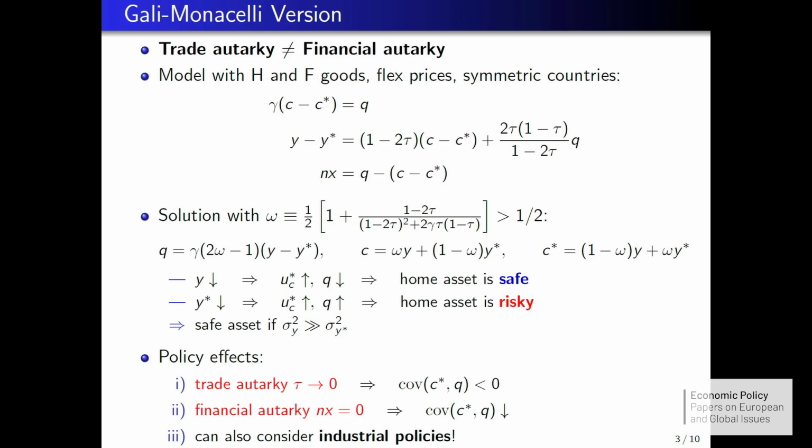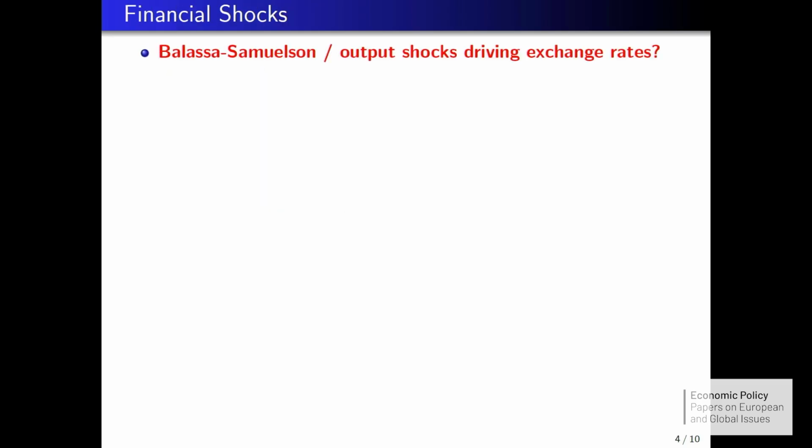It's also my wish list for future research, not for this paper, to think more seriously about industrial policy, right? That's another thing that is now very widely discussed in policy circles. So what are the implications? Is it just increasing the size of the economy, or, for example, if you shift resources from the non-tradable sector to the tradable sector, will that actually increase the safety premium? It's not obvious, right? In all the results that I showed you so far, it was more about non-tradables. The tradables, your endowment of tradables, don't play such a big role. So maybe it actually undermines the safety premium, but that's something to be discussed.